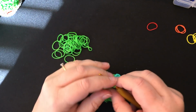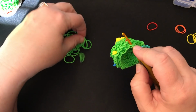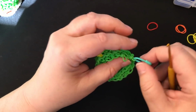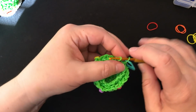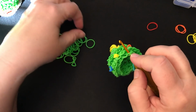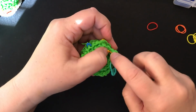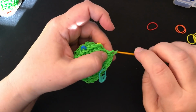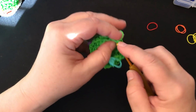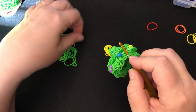So our next round is single crochet increase. So that we've done a single crochet, now we need to do an increase. I pulled that band too tight. Let me loosen it a bit. I don't like it when I pull them too tight because they look all distorted. There you go. So we're doing an increase in this one. Single crochet, increase, single crochet, increase, single crochet,